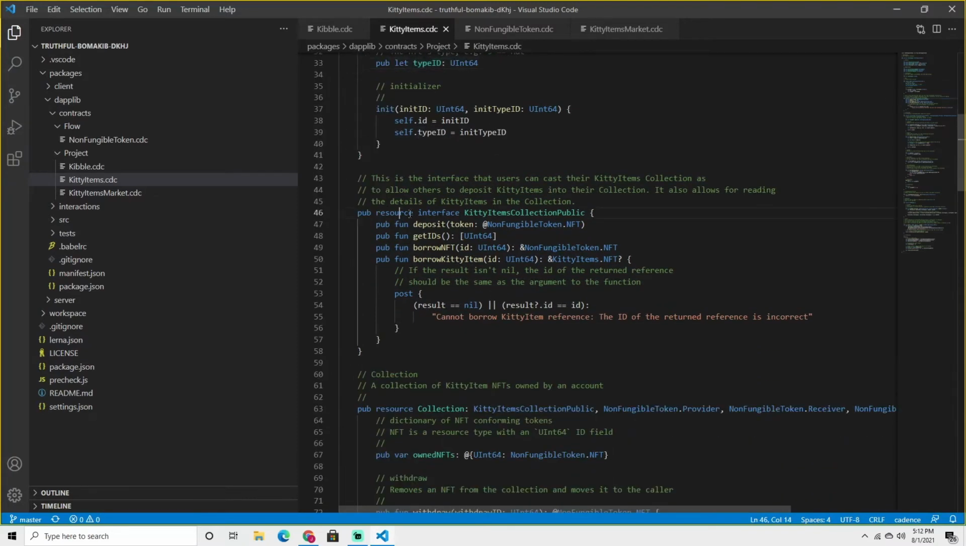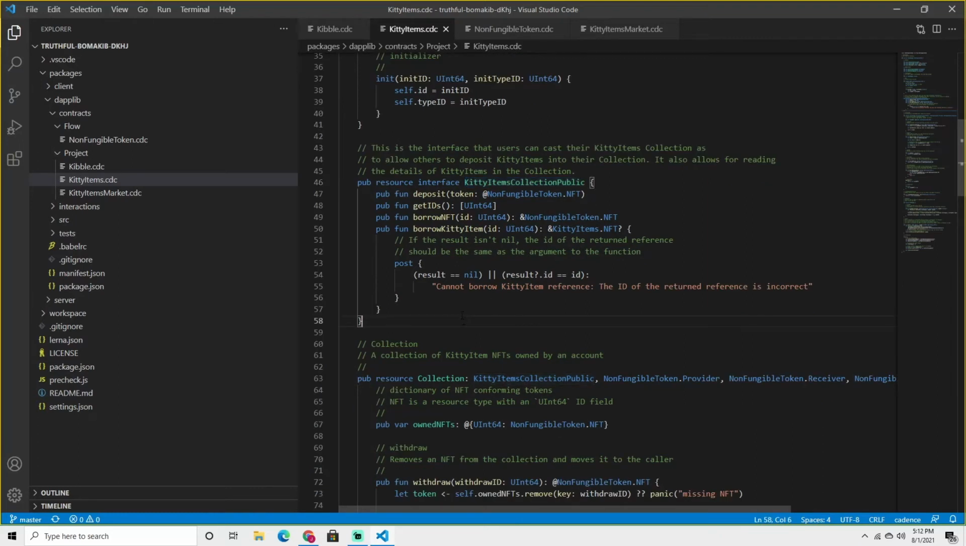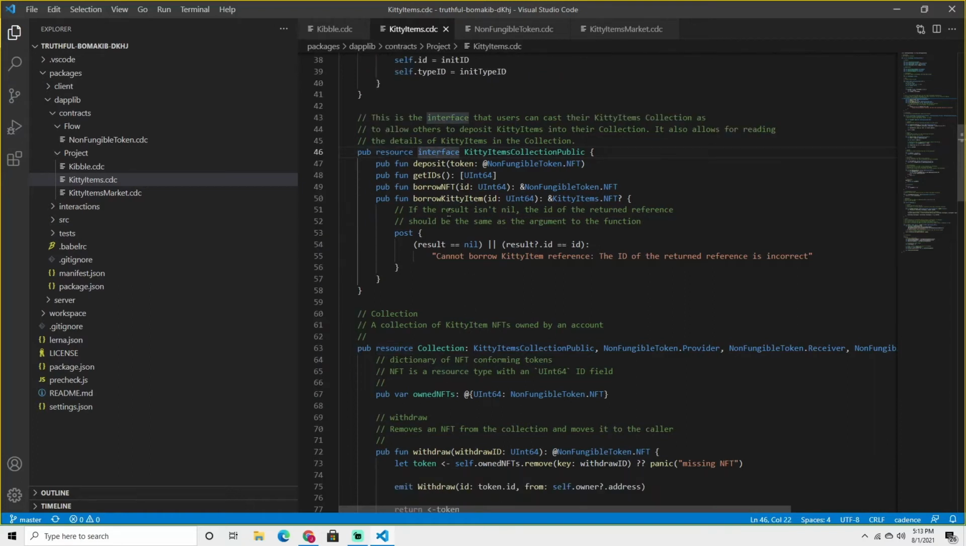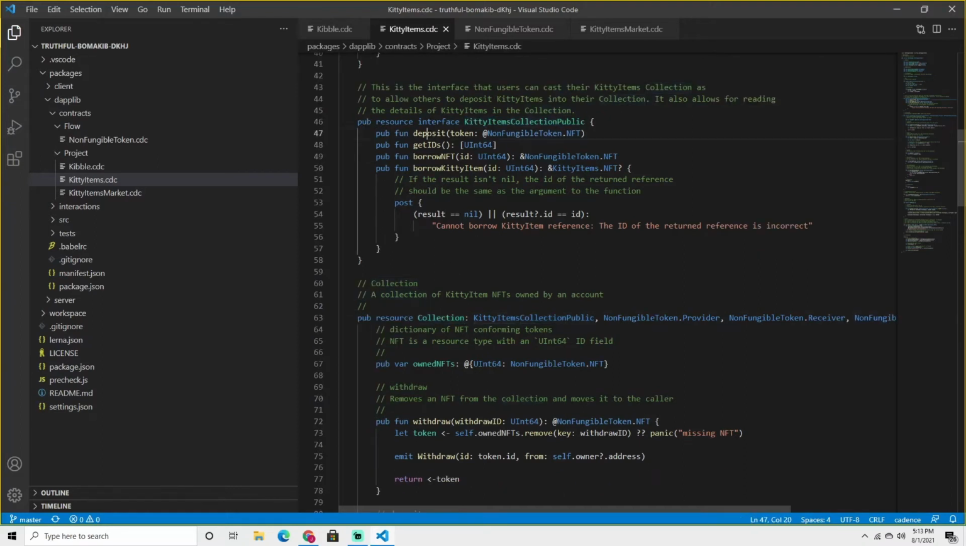So then we have a public resource interface, KittyItemsCollectionPublic. This part is really referencing Morgan's video from last week where we went over resource interfaces. This just allows Collection to implement this interface. And this is saying that Collection must have deposit, getIDs, borrowNFT, and borrowKittyItem, which has